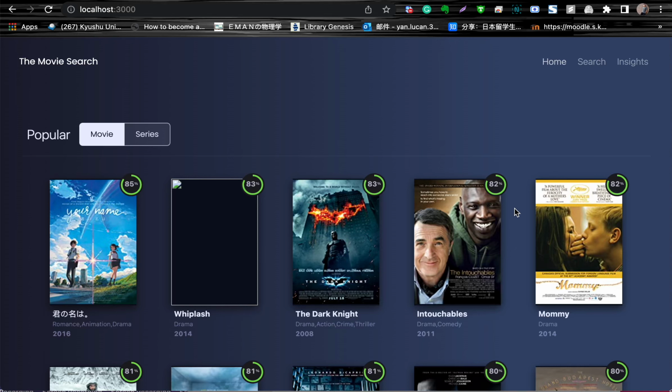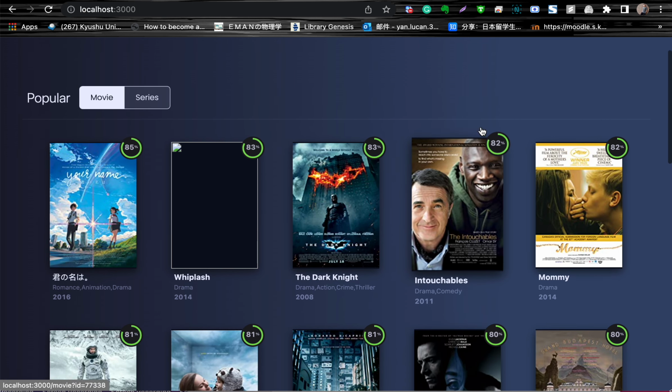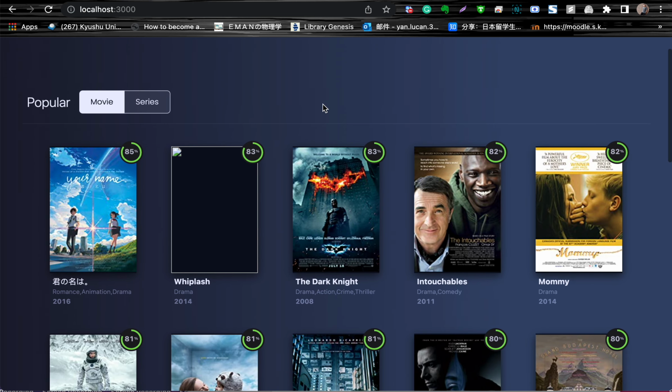Okay, so let's take a look at our homepage. We have three different pages in total: the homepage, the search page, and the insights page. If you want to jump into different pages, just click on the navigation bar at the top right. On the home page, you can see the different movies returned,